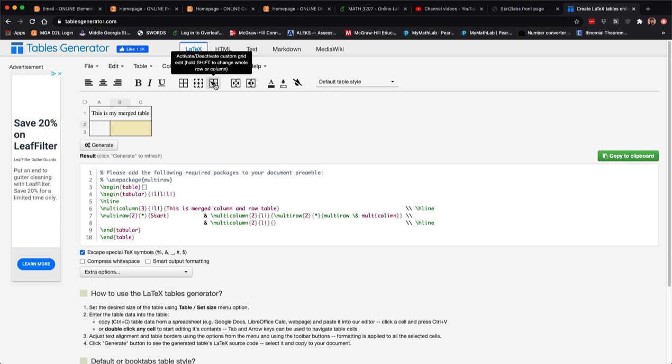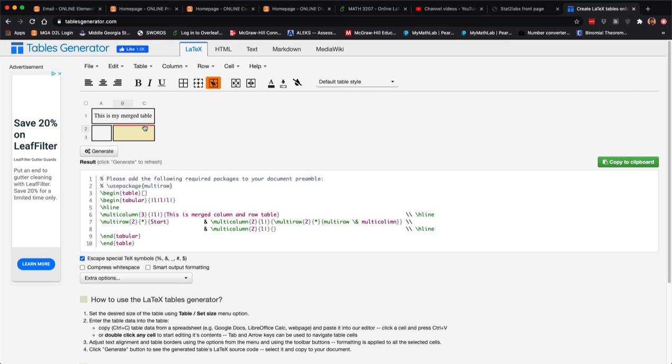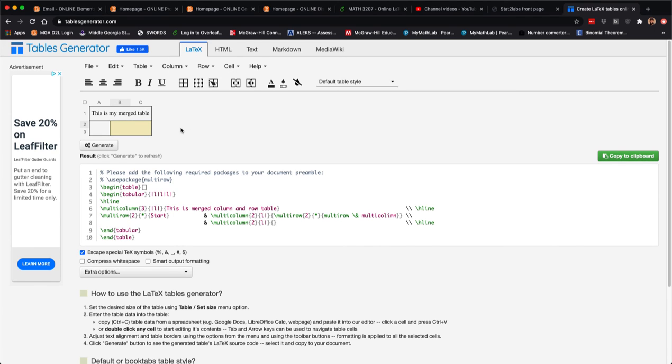This is activate, deactivate, and it will blow it out like this, and you can go in here and actually click on the edges where you don't want borders to go. So if you wanted to have this one gone, you can click on it, turn it off. We're going to leave it on for now. Turn that back off and it turns into that. So here we can just put in somewhere, here we go,